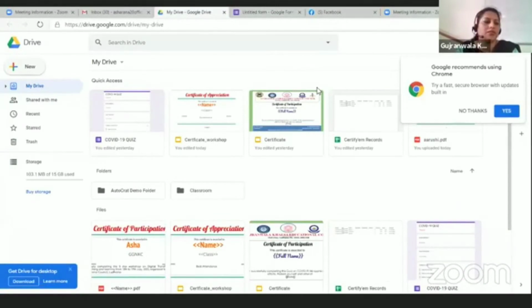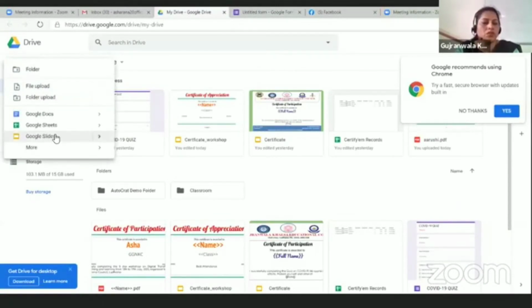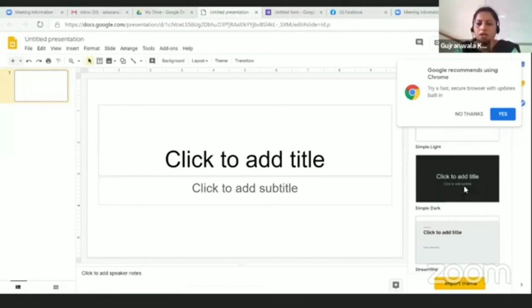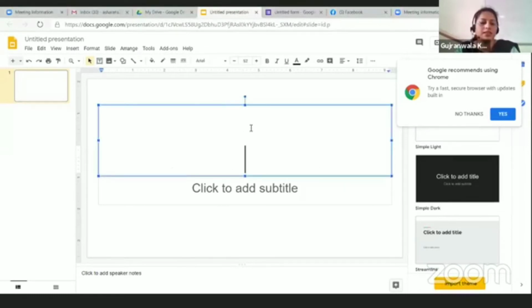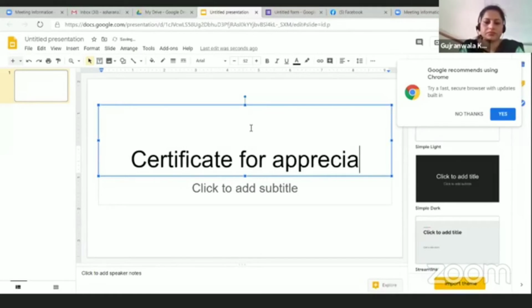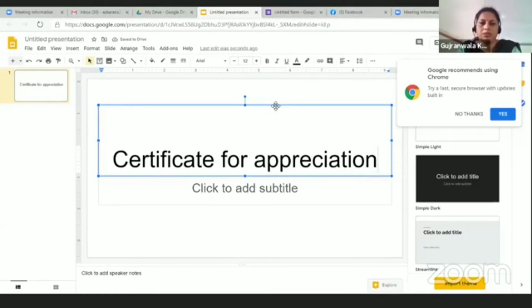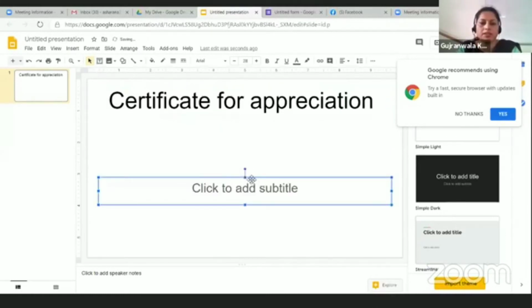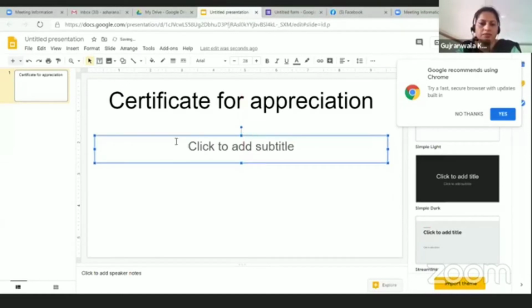Okay, again go to the Google Drive. Here, new option, Google Slides, and you can create a blank presentation over there, and you can just create a certificate over here. If you have already created a certificate, you can put it over here. Otherwise, you can just write certificate for appreciation. You can create one. It's up to you. Designing is up to you, and I think this topic has already been discussed, so I am moving